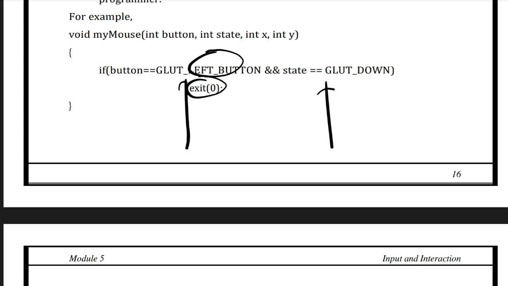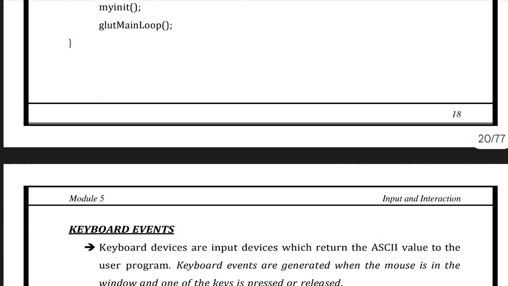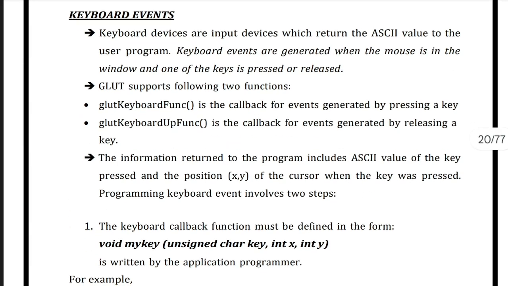If the right button is clicked, what you can do, that also you have to write here. Okay, and after that, this is the program. This is already explained. If time permits, you can write that one as well. That was about the mouse. Those 3 key points you have to write for the mouse, and for the keyboard what you have to write